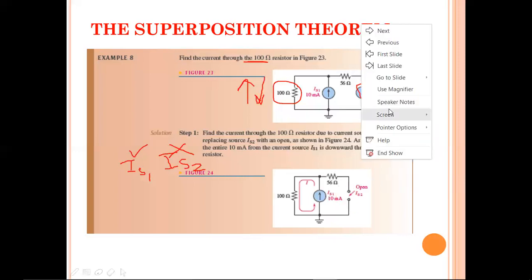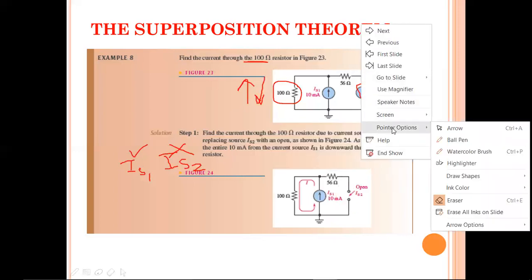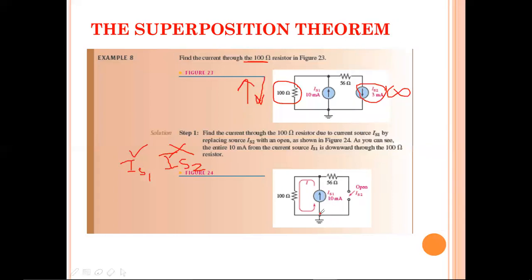After open circuiting these terminals, switch on this primary source, IS1. As soon as we switch on this primary source, the current moves towards this node. Let me call this node 1. Since this is an open circuit, current never flows through the open circuit. So the total current is drawn by the 100 ohms only. Hence 10 milliamps of current flows through the 100 ohms. So that is step 1.